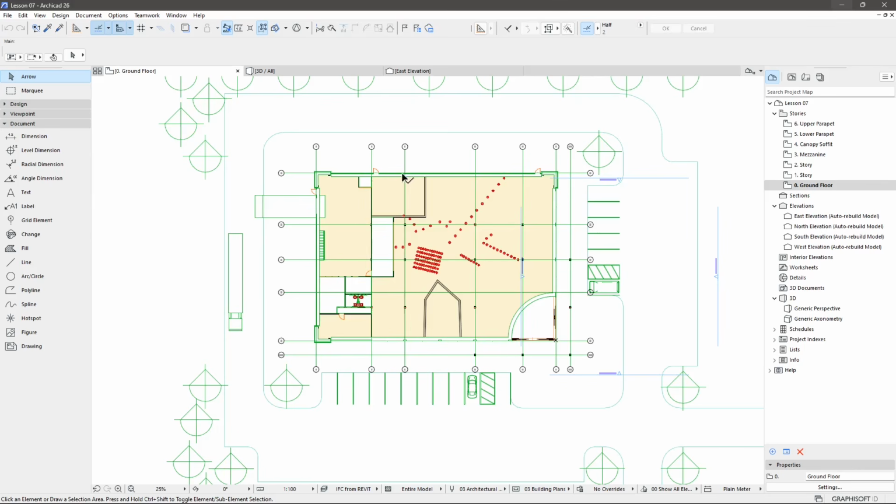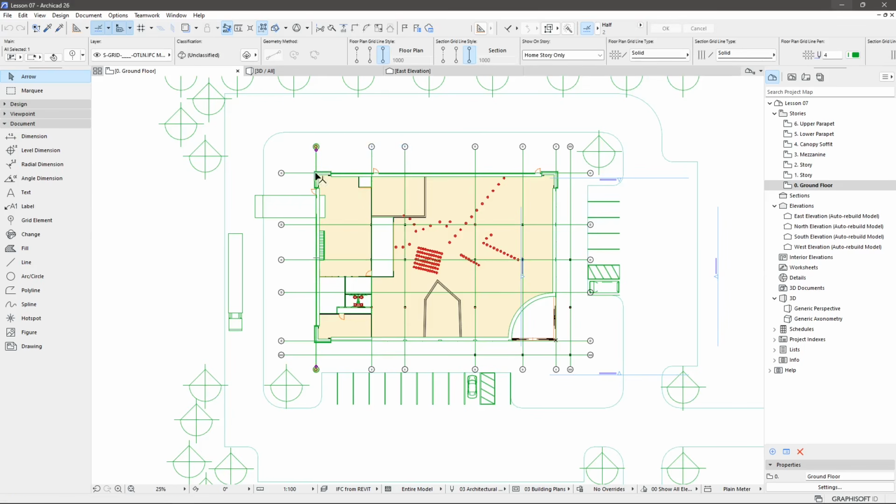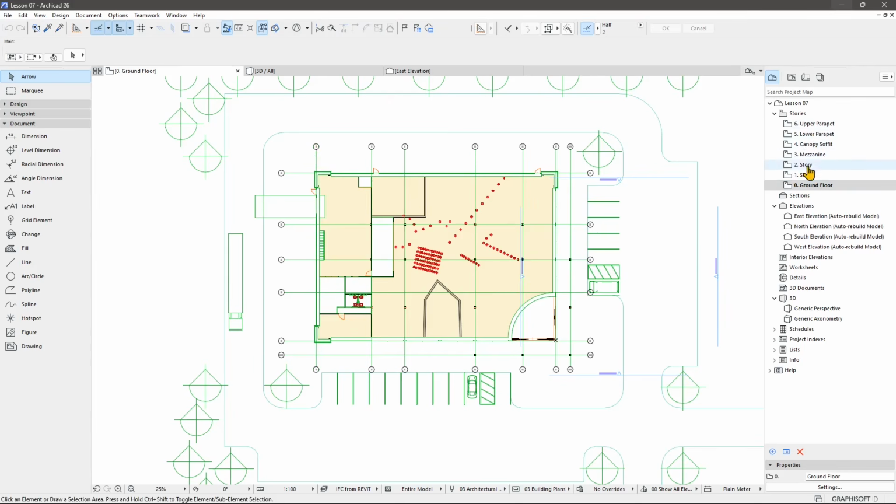So we're gonna create grid lines, we're gonna create the annotations here that will be used to create a structural grid. So we're going to use grid elements. We're also going to use stories. We're going to see how we can create more stories and how we can manage them. So these are the main two references that we need to use if we are starting from zero without external